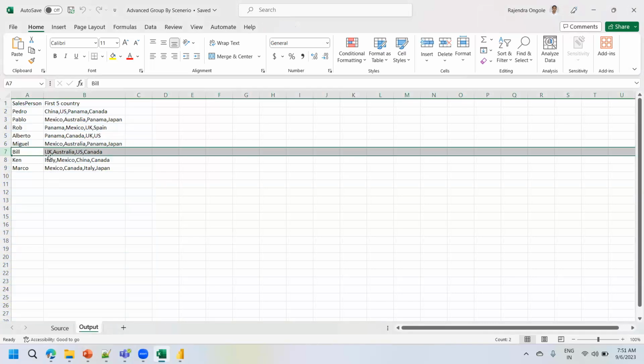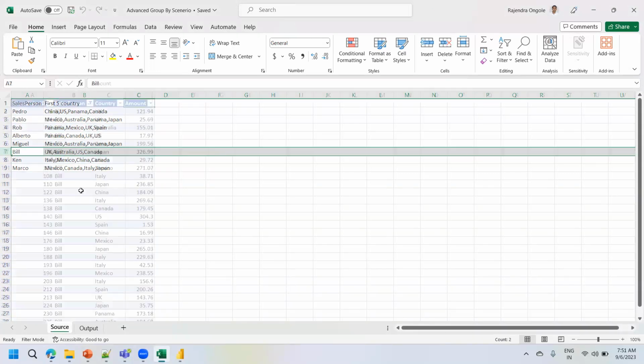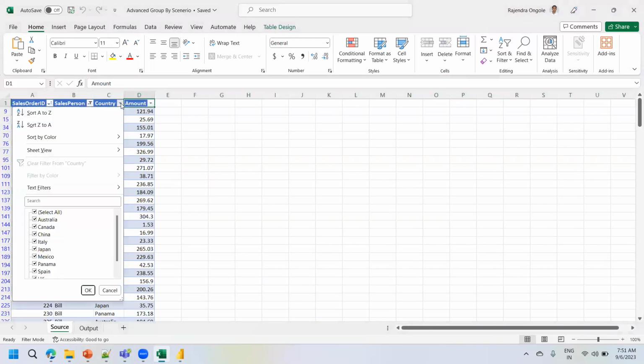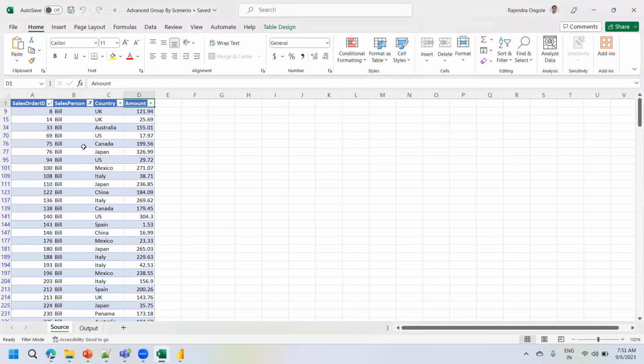And the first five countries. We are not going to showcase the top five countries based on the sales. We are interested to showcase the first five countries only. Maybe there are many countries. See here, more than five countries are available, correct? We are interested to showcase the first five countries of Bill. Bill, which is a unique salesperson, and their first five countries on their sales business. Like that,